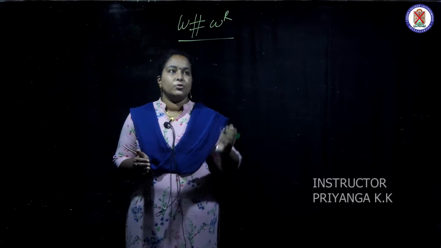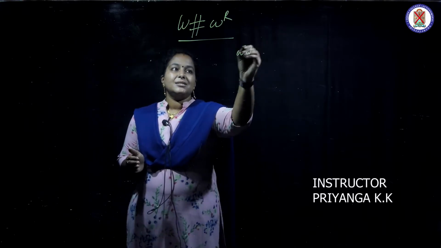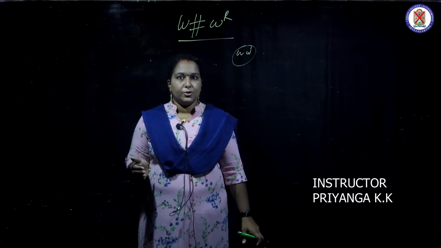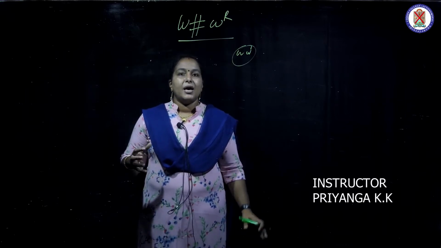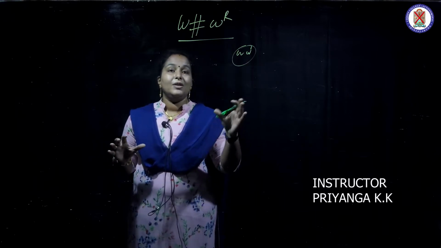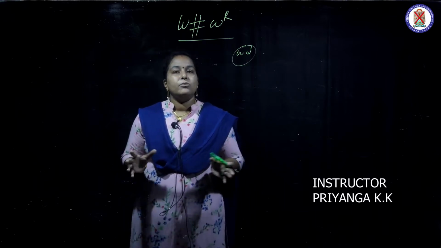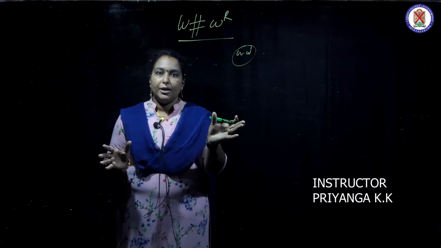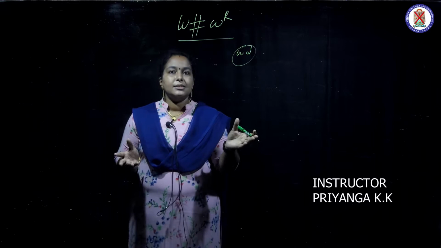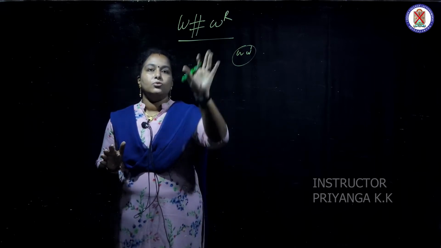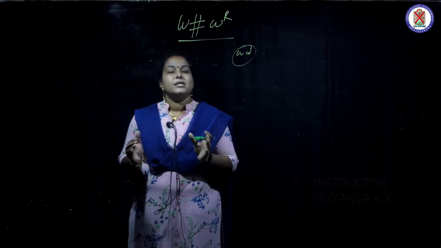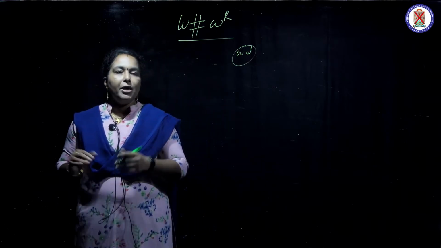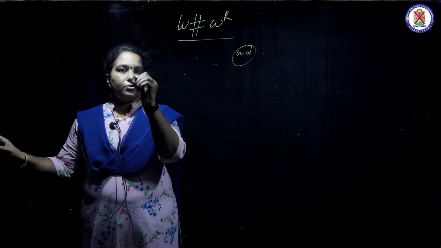Then we can do it for WW. For that, I am discussing how W reverse works in the Turing machine. Then you can easily map how the Turing machine will work for WW. WW can be accepted by a PDA, but this can also be accepted by a PDA. We have already discussed in our previous video how W reverse works for the PDA, how the PDA is accepting that. So we can look at this in the Turing machine.